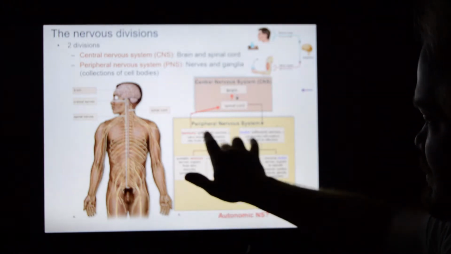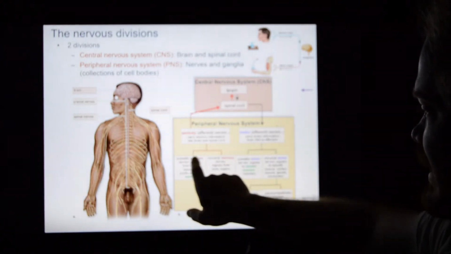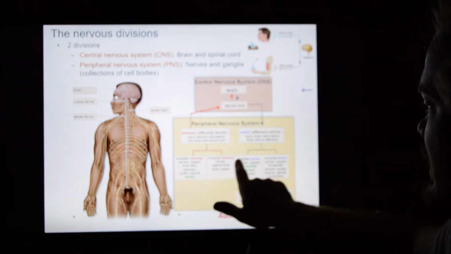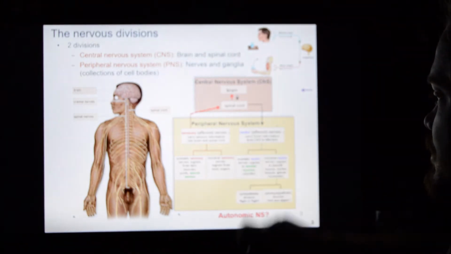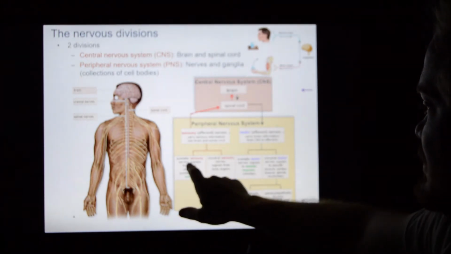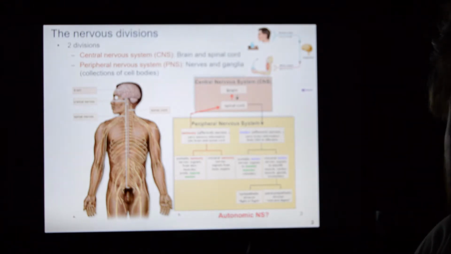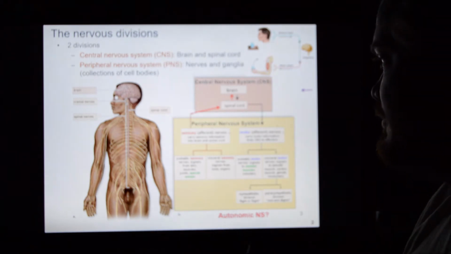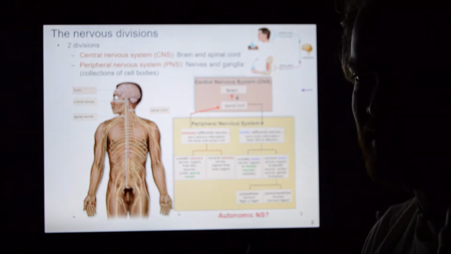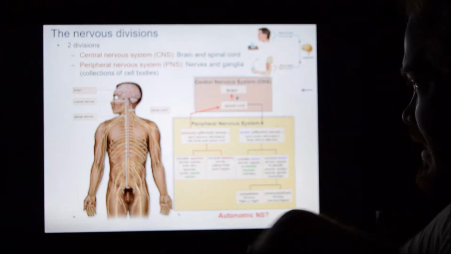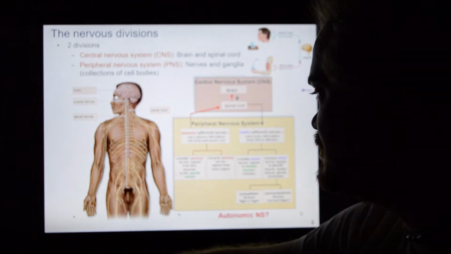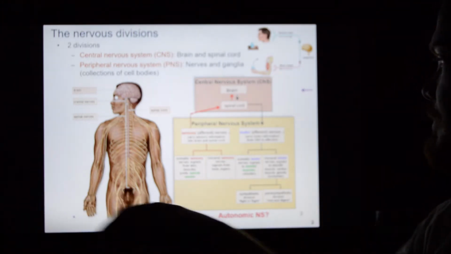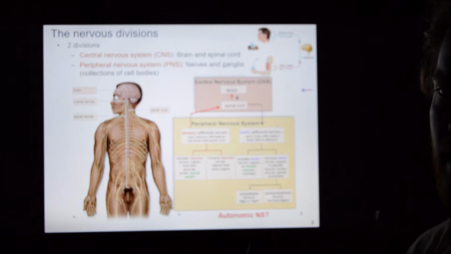Now, these two divisions are further broken down into somatic and visceral. So you'll have a somatic sensory and a visceral sensory, a somatic motor, and a visceral motor division. The somatic sensory division, soma means body, is anything of the body that we tend to be aware of. Like I can hear, I can see, I can taste. That's all somatic sensory. I'm aware of it. I can feel this table. I can feel the stretch in my musculature from picking something up. That is all somatic sensory. I'm directly aware of it.